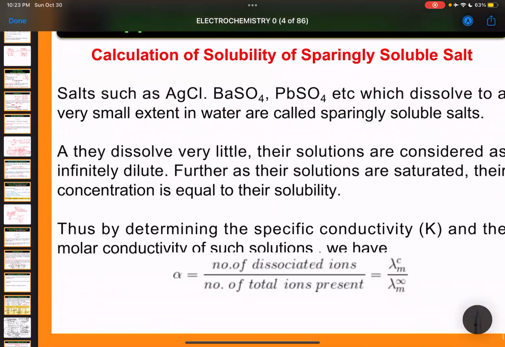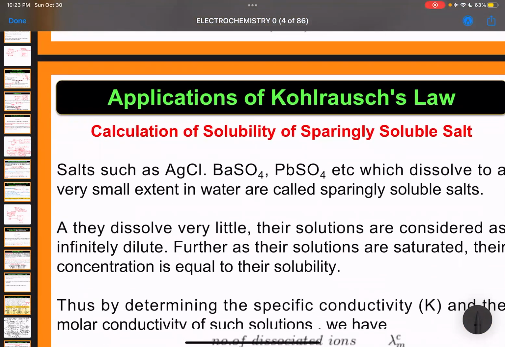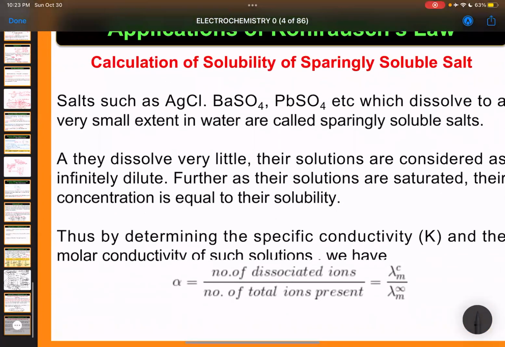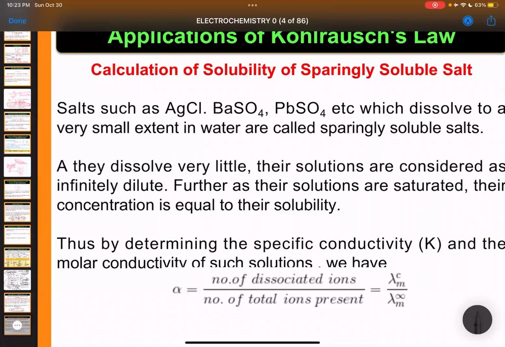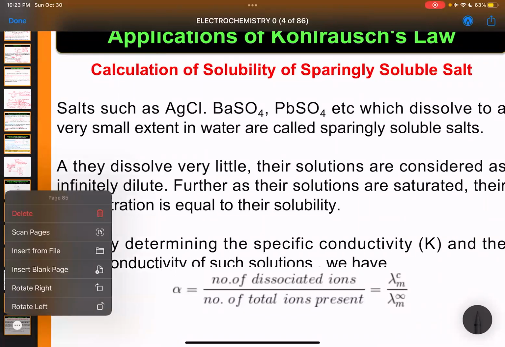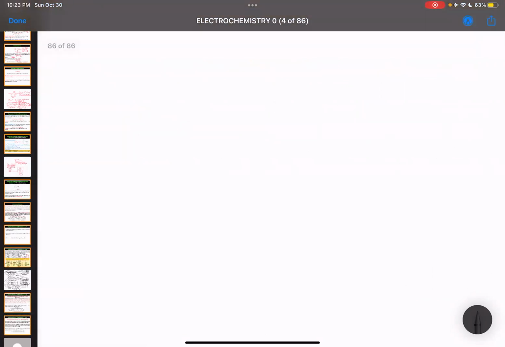Another thing is you can also calculate the solubility product, or the solubility, of sparingly soluble salts. What are sparingly soluble salts? It's very simple. Sparingly soluble salts are salts which are nearly insoluble. Suppose I put 1 mole of NaCl in a sufficient amount of water, a large quantity, and I mix it. If I ask you what the concentration of NaCl in this solution is, you will say it is 1 molar,